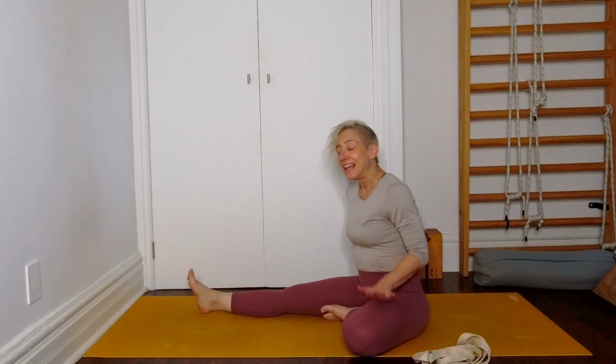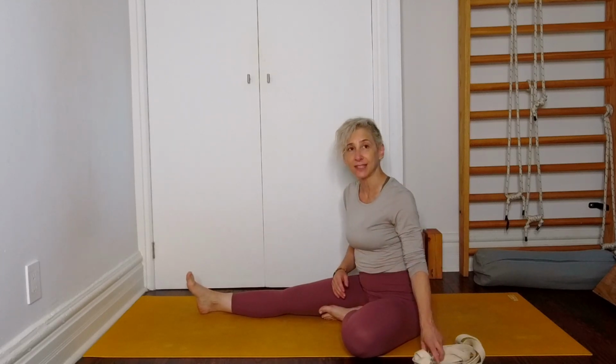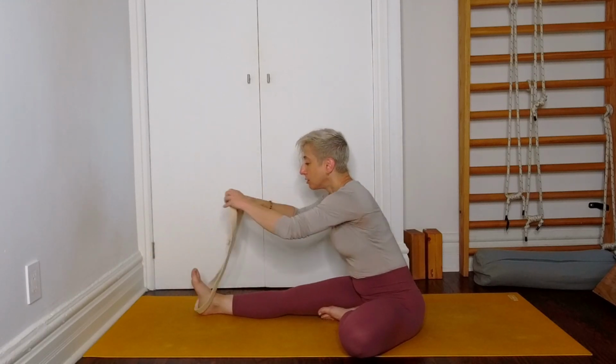Second side, left leg is bent in Baddha Konasana. Right leg is straight this time. We're going to turn towards the right side. Okay, so you can take your strap here and you're going to place it on your foot, hook it, have